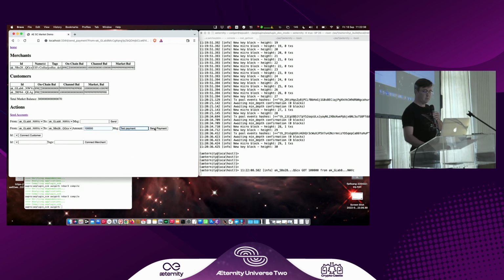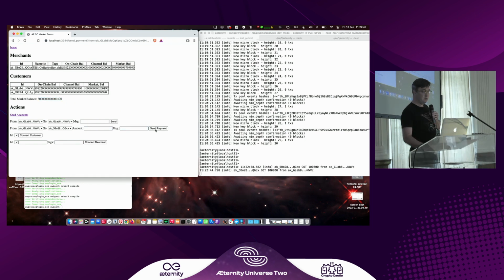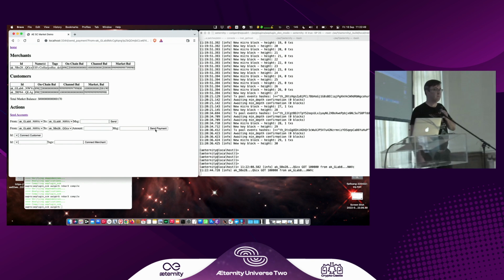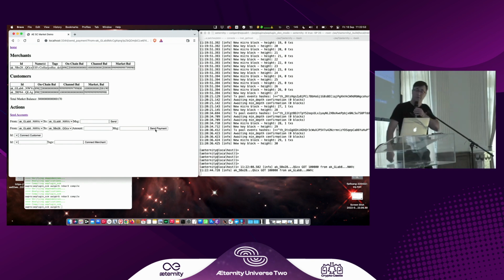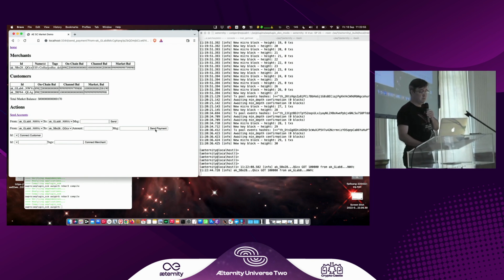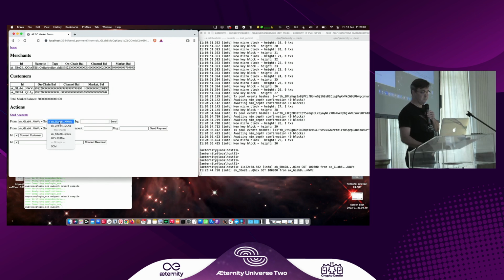Let's make another one, and we can look at, for example, the total market balance there. It increases with the fee. And then you can also see that the market balances are shifting. It's actually shrinking here, and it's increasing here. Now I can also send a chat message.